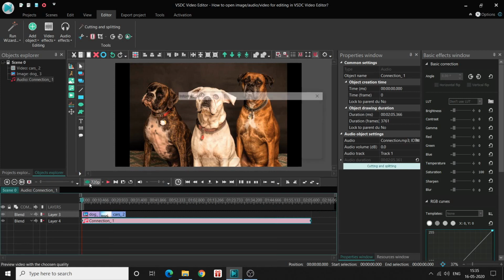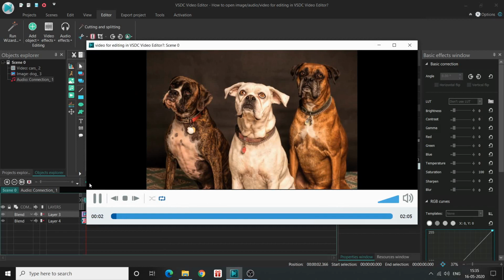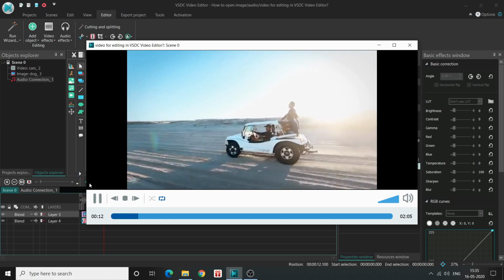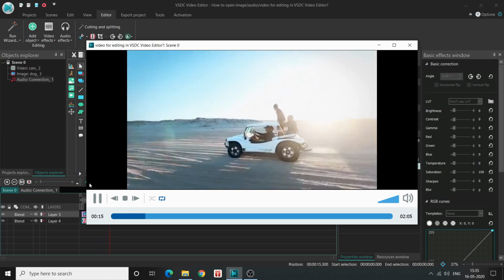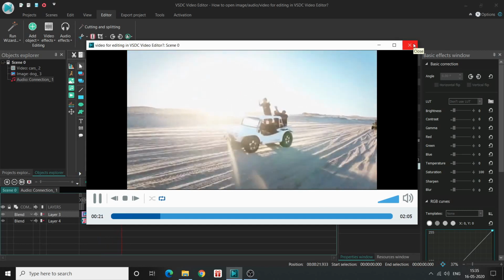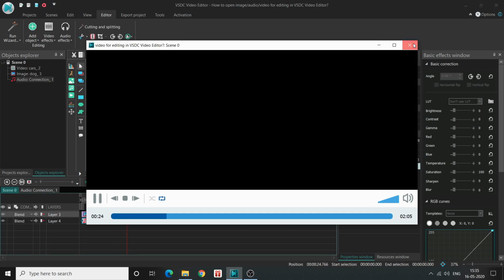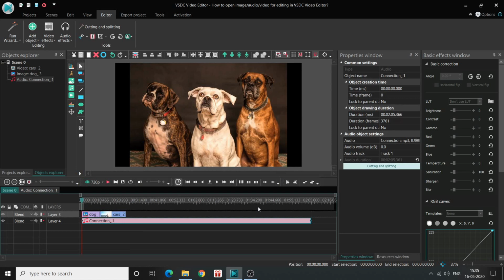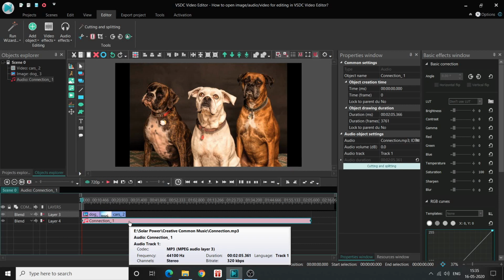Now if I play my video, as you can see, first my image and then the video, my audio was playing simultaneously with my image and video. You can do this using the editor.